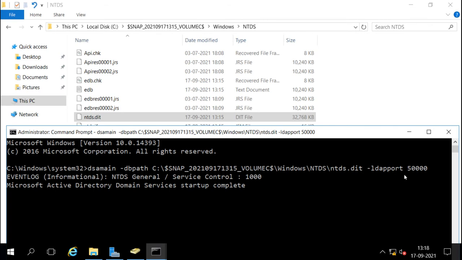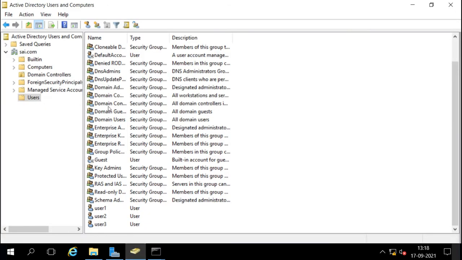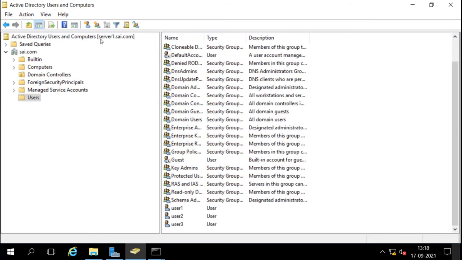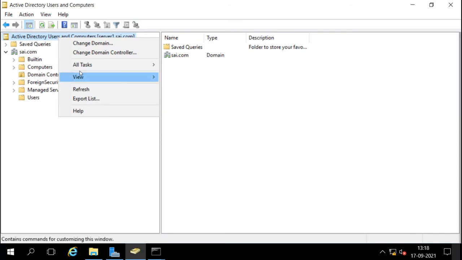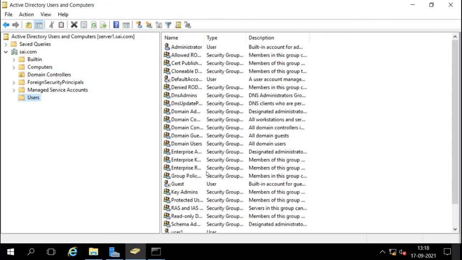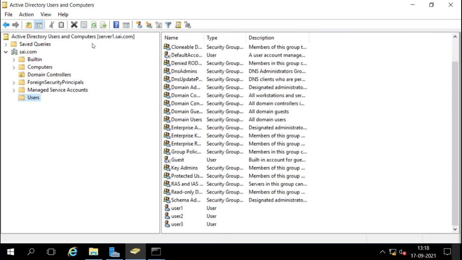Now how can we access this? We will go to Active Directory Users and Computers. Right now, if you see here, we are accessing from domain controller server 1. I will change this. You can see there is no user 4 here because it is the normal Active Directory. Now I will right click and change the domain controller.